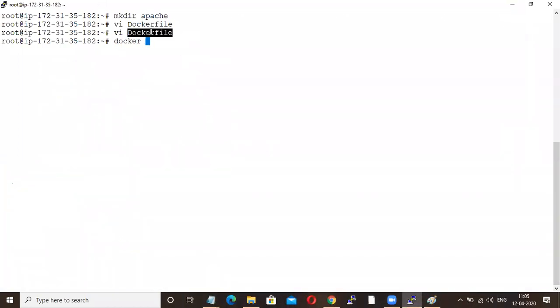Now docker build. So everyone knows this command, apache version 1.0 dot. Yesterday itself I told you what is the purpose of this command.